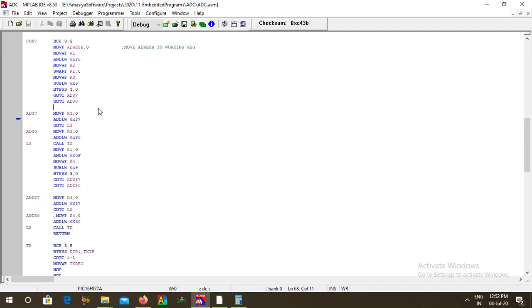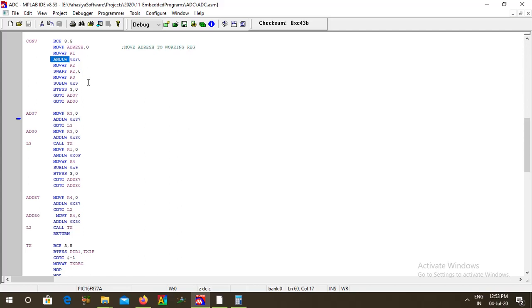How does it convert? It initially selects the bank 0 because we have ADRESH. The analog to digital conversion result high is moved to the working register. Once it is moved, we make a copy of the result into R1, because the conversion is over, we are copying the result to register 1. Then we are ANDing the MSB of the ADC result high byte.